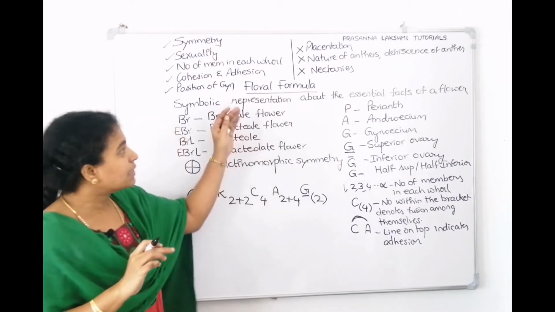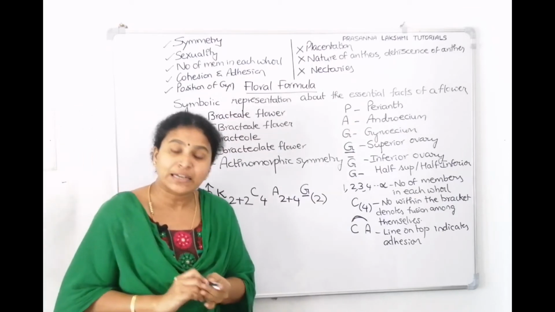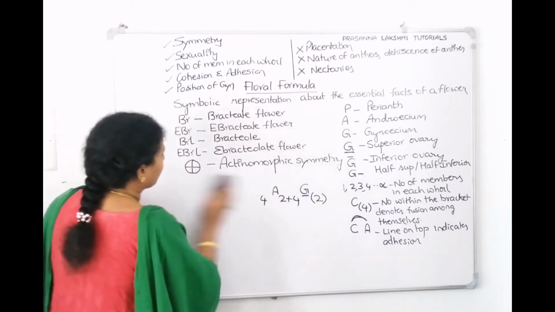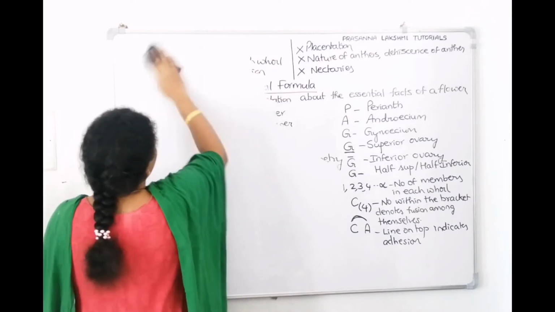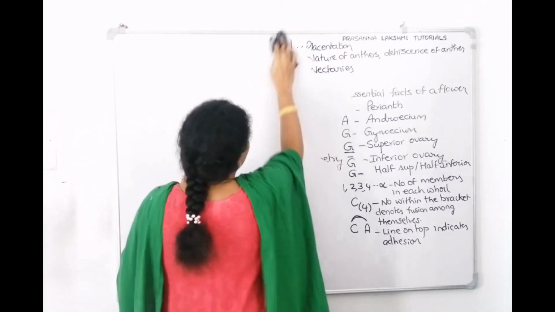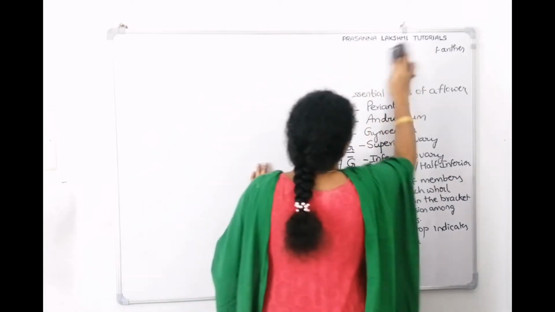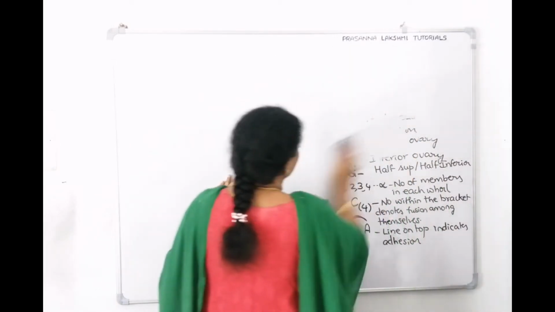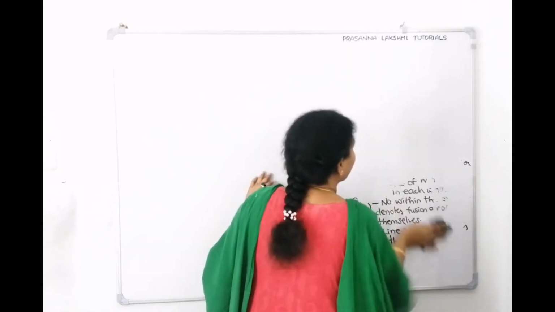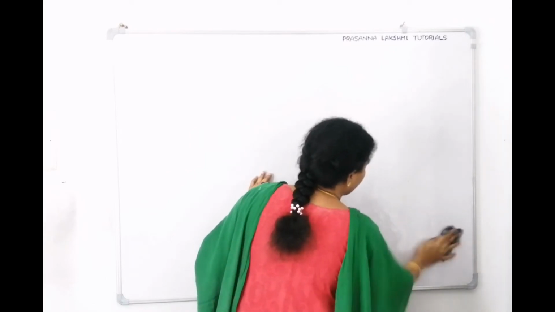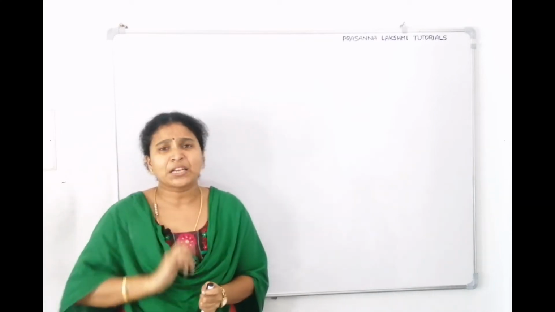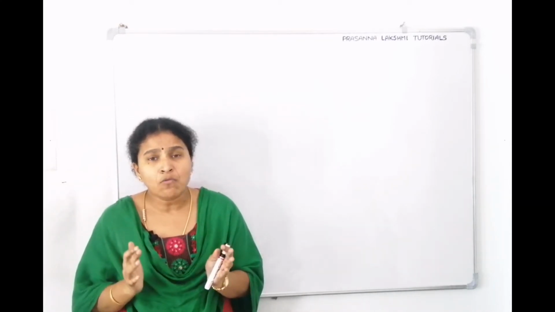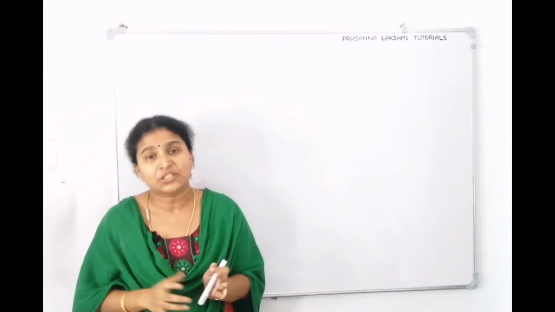Okay. So this is about floral formula. Now let's go to floral diagram. So how to draw a floral diagram? Hope you understood the information related to the floral formula. Now we will talk about floral diagram also, and we will see what information we can derive from floral diagram and what information is not available in floral diagram. We will discuss that. Now what is floral diagram? It is a diagrammatic representation, or it is a ground plan of the flower in the bud stage.